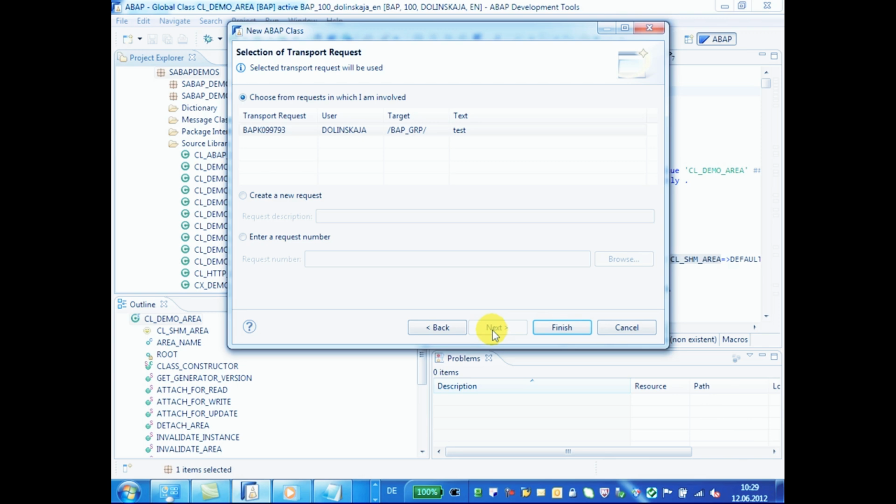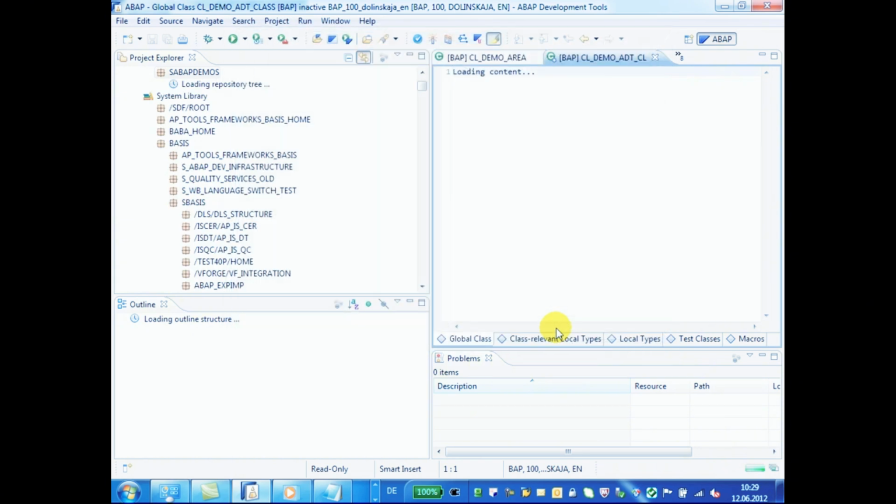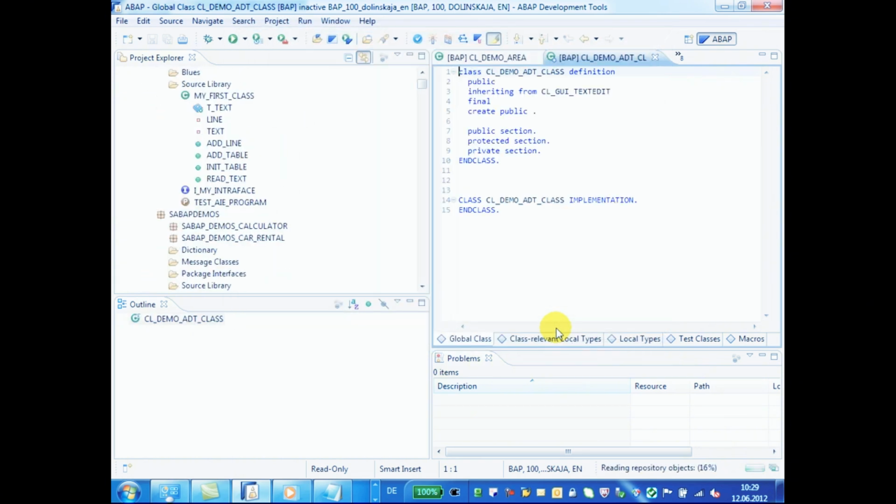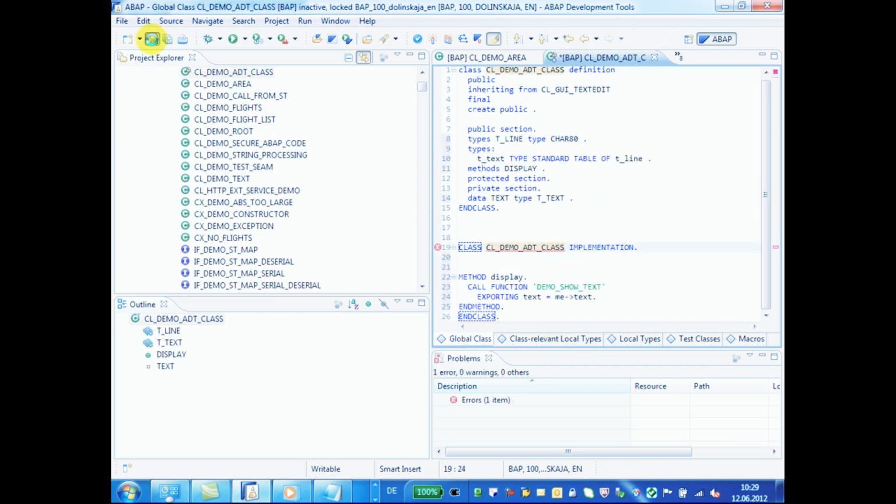Press Next button and on the next screen select the transport request. You can create a new request or choose directly from the request in which you are involved. Press Finish button and a new class was added to the package, and the template for the class gets inserted into the editor. And now you can write the content for the class, correct the syntax errors,